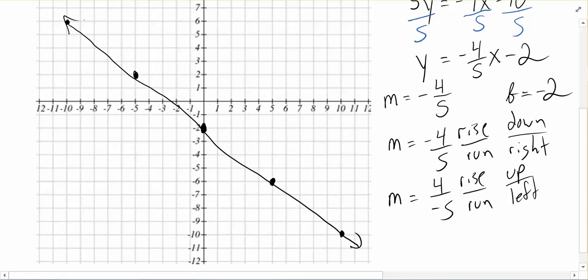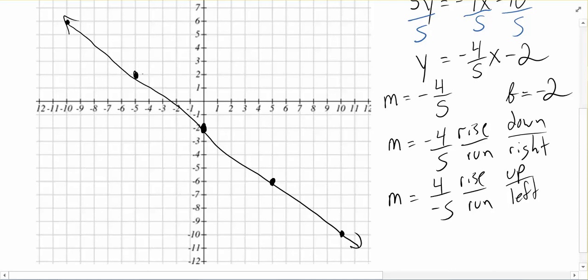And then again, this should meet our basic idea of a negative slope as decreasing. This slope being 4/5 is a little bit less than 1, so it's a little bit more shallow than a 45-degree angle. And it does look like it's a little more shallow than a 45-degree angle. So we can be pretty good here. And then we can pick points and test them out as well.